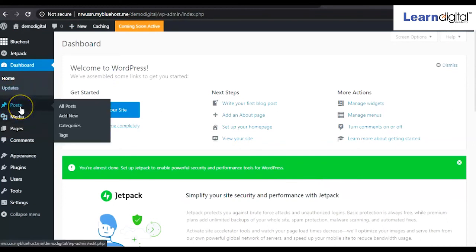Then posts, under the posts option we can write articles and blogs. Media option, that means whatever images and videos we will be using for our website will be stored in the library, right? So in future, if you want to use that image again, simply we can go to the library and select that image or video as well.